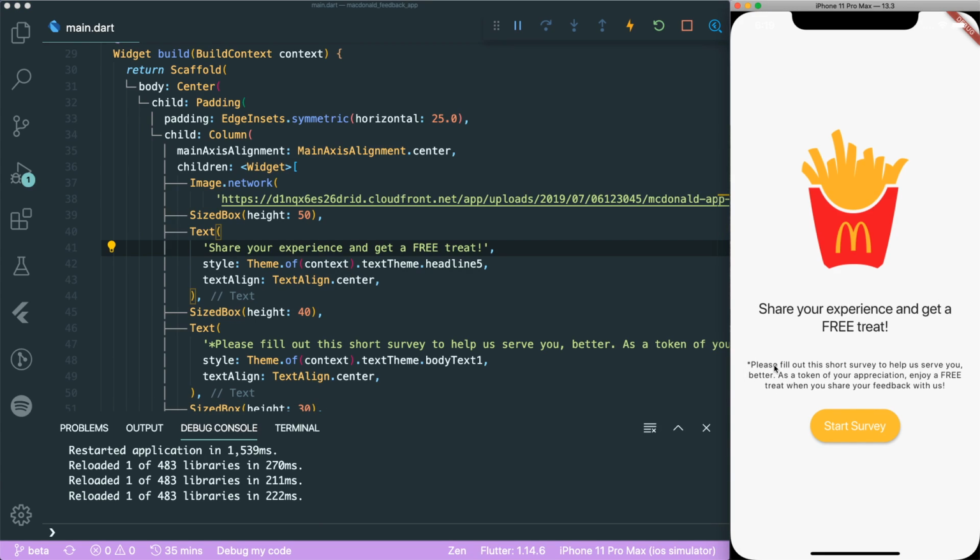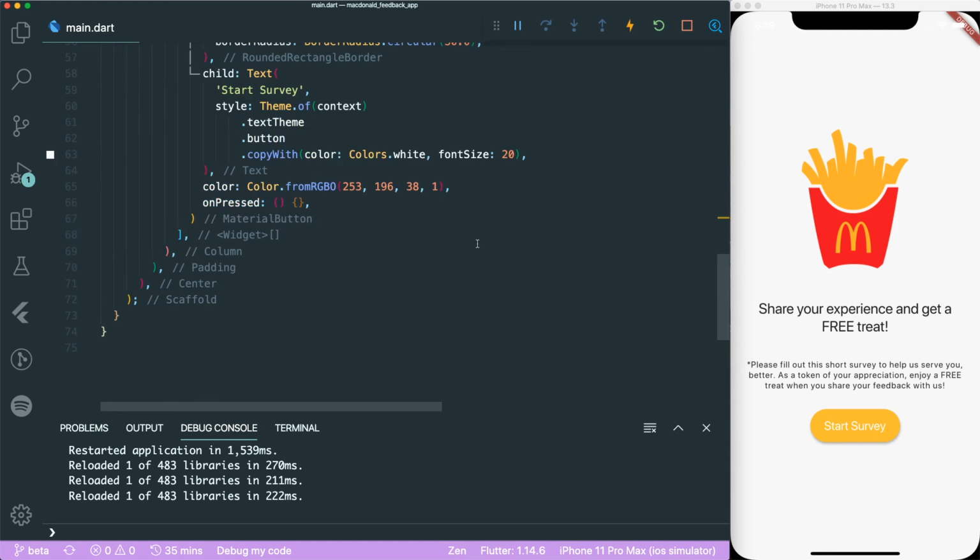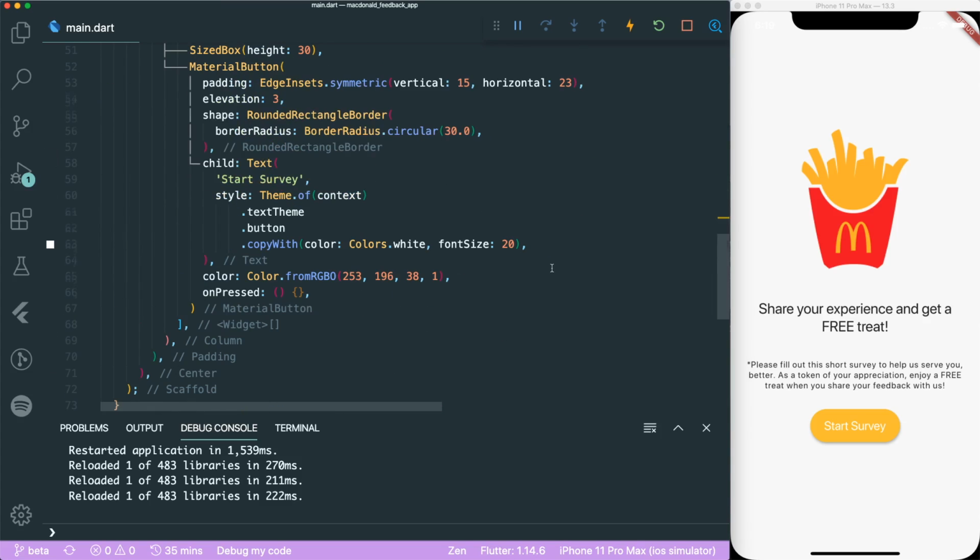Yeah, so people will see this. You see the asterisk, they don't care. They will just start the survey. I want to start this survey. Wow, simple. Thank you, McDonald's. I'll be giving you the,